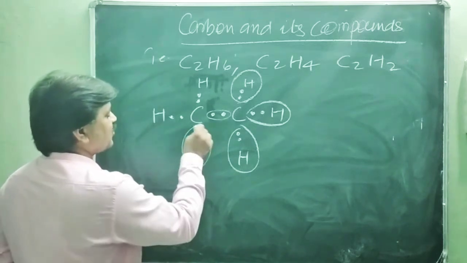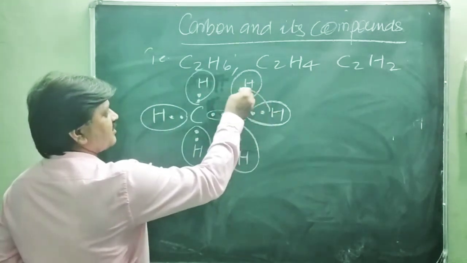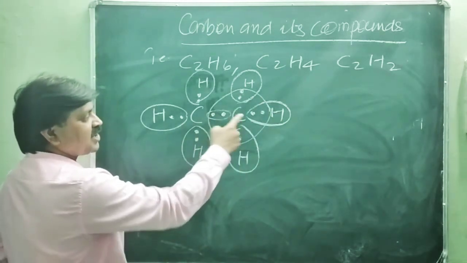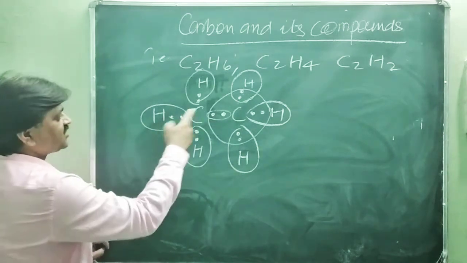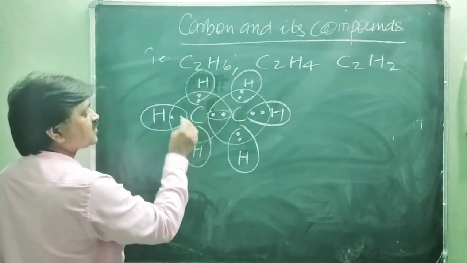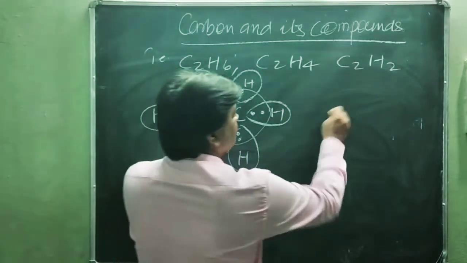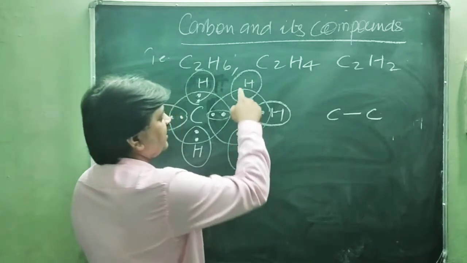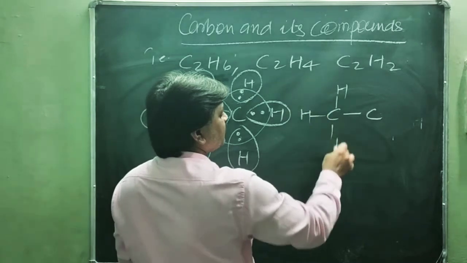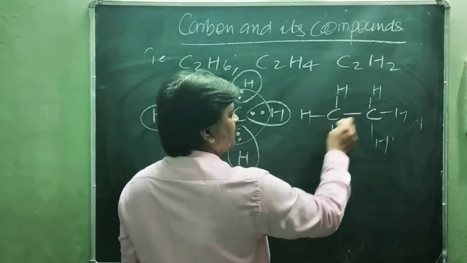So here another hydrogen completes 2 electrons, this 2 electrons, this 2 electrons, and this carbon you will see has completed its octet in this manner, 2 to 4 to 6 to 8. This is the shared electron count for both atoms. In this case this carbon also completed, 2 to 4 to 6 to 8. So what will be the bond structure? The 2 carbons are bonded by a single bond, 1 electron, and each carbon is bonded to 3 hydrogens by single bonds. So 1 hydrogen here, 1 here, 1 here, and here, here and here. You will see carbon 1, 2, 3, 4, 1, 2, 3, 4.